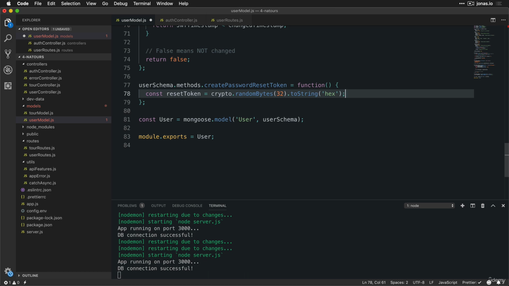Now, if you're wondering why we are actually creating this token, I guess I didn't really explain it just yet. So basically this token is what we're going to send to the user. It's like a reset password really that the user can then use to create a new real password. And of course, only the user will have access to this token. So in fact, it really behaves kind of like a password. And since essentially it is just a password, it means that if a hacker can get access to our